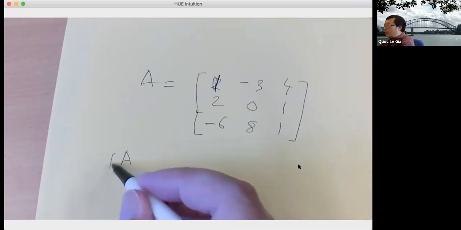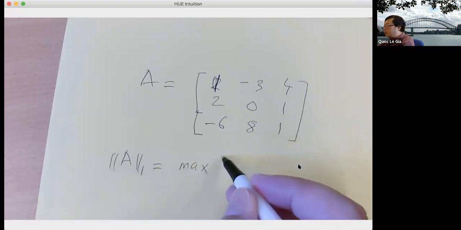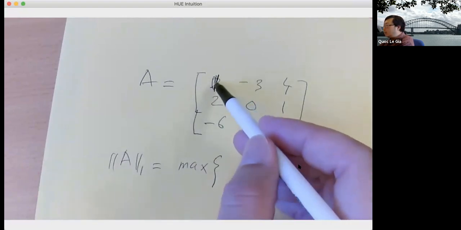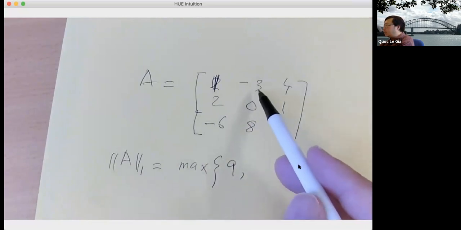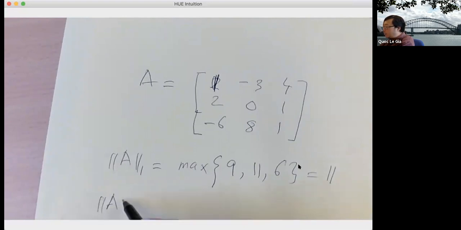the one norm of A, okay? Just max of, and now you sum up in absolute value. So this one is 1, 2 is 3, 3 plus 6 is 9 in absolute value. And this one 3, 8, 11, and this one is 6, so it will be 11, yeah? And infinity norm